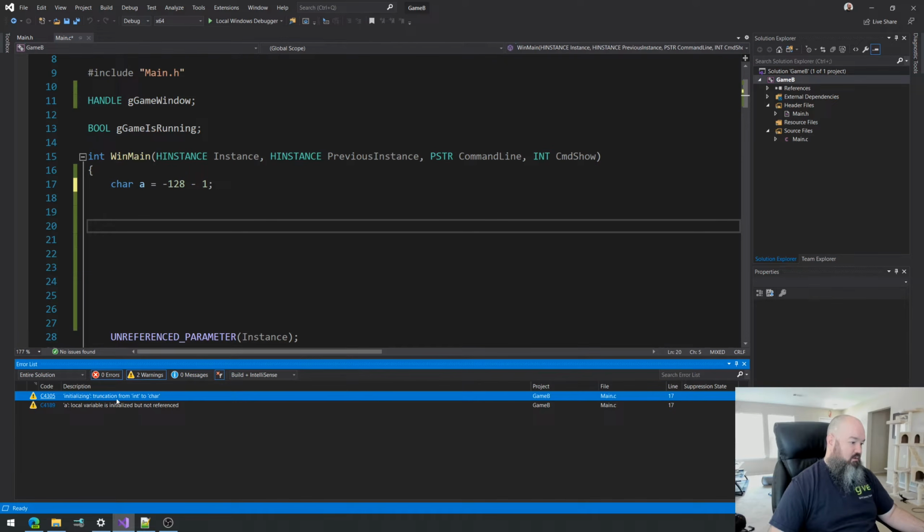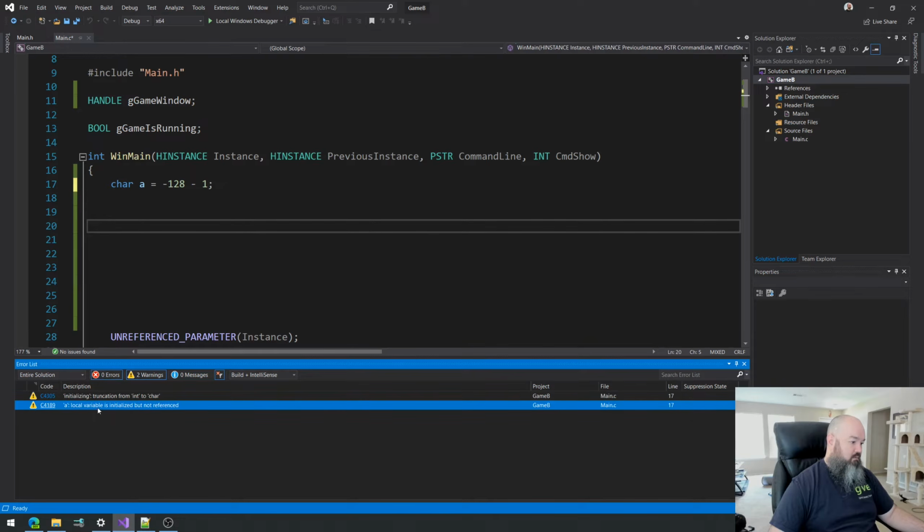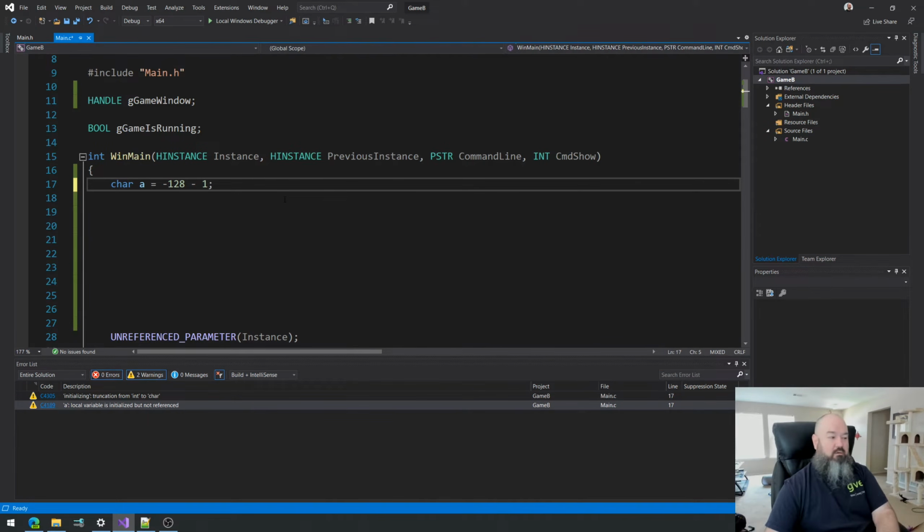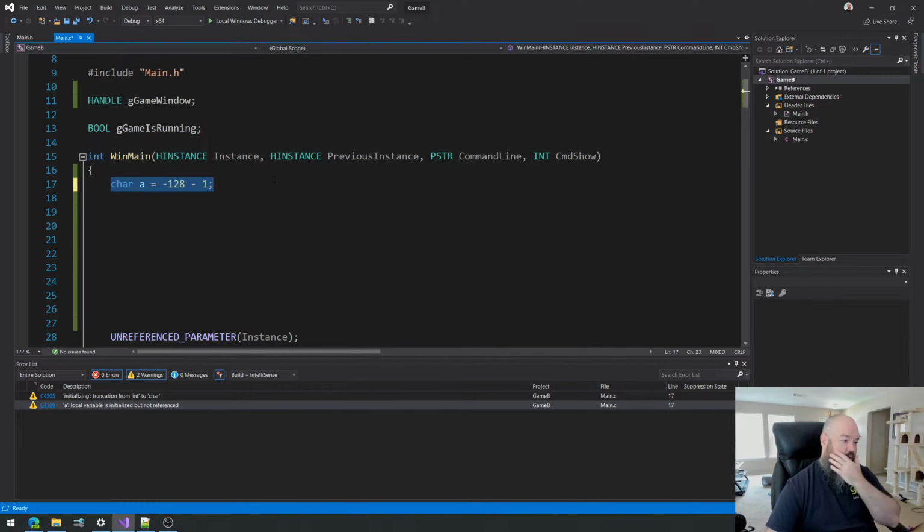Initializing, truncation from int to char, that's fine. Variable initialized but not referenced. So yeah, anyway, it's just something that you have to be mindful of, and we'll definitely experience more of this later when we have to convert from one data type to another, and it's very common for